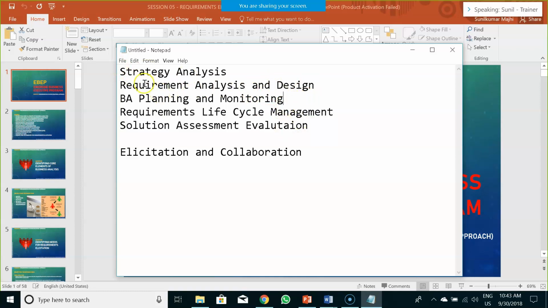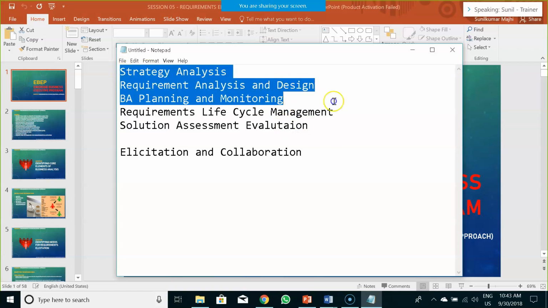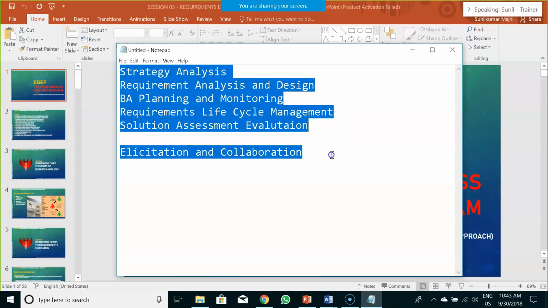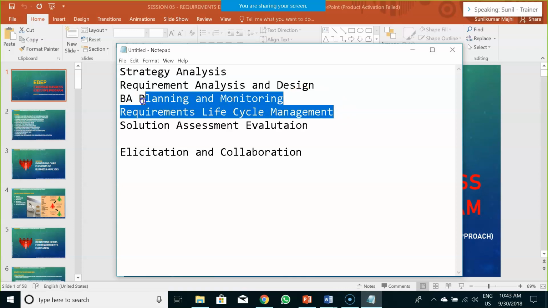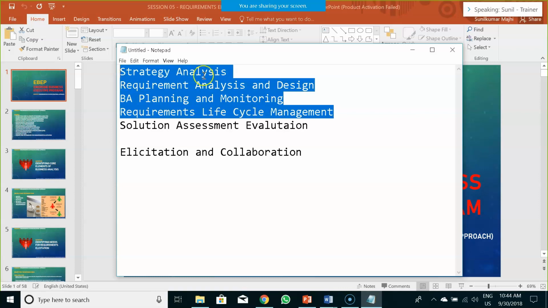Let's say you are dealing with a new product development. You are bound to deal with all of these 6 knowledge areas. Let's say you are only responsible for writing the requirement, and the outsourcing company has only outsourced the analysis or consulting phase of the project, not the development and testing phase. In that case, you would only experience these 4 areas.